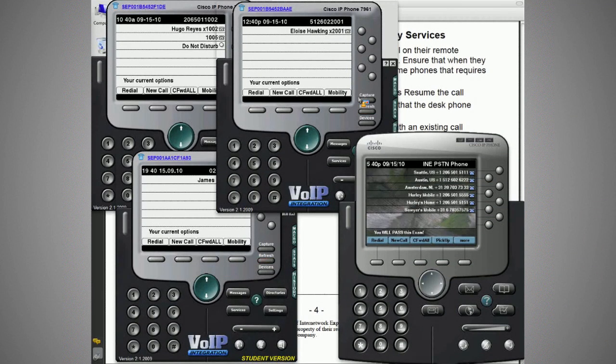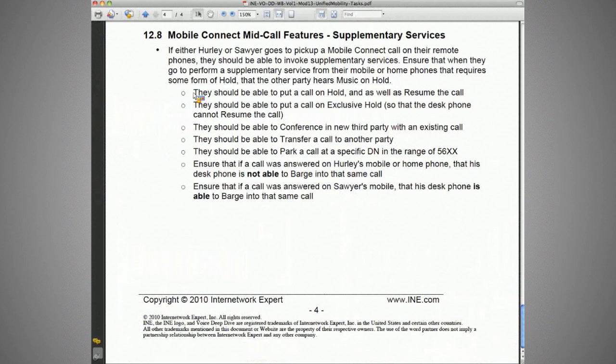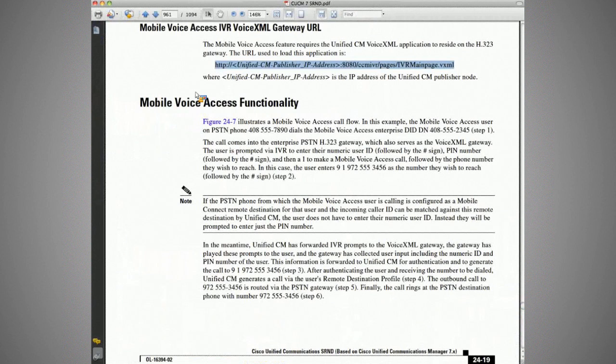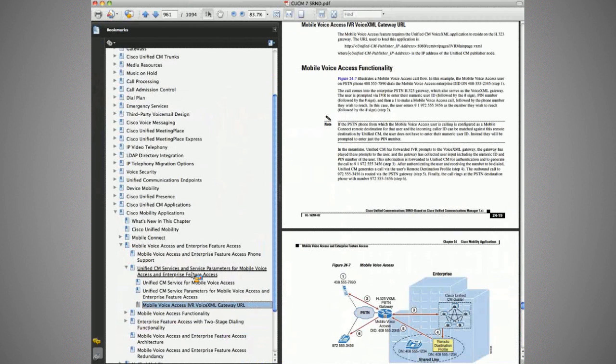So we're back, and I've got fewer phones open now that I've restored. So now let's go for the rest of the enterprise features. All right, so part of what we want to talk about here is, let's actually go over to the CUCM SRND, where it talks about, go to the table of contents here, where it talks about enterprise feature access,